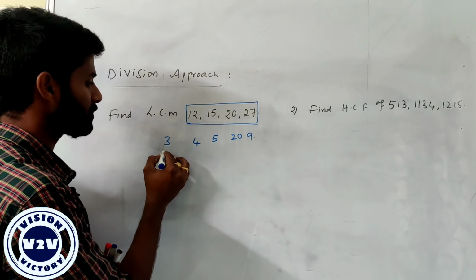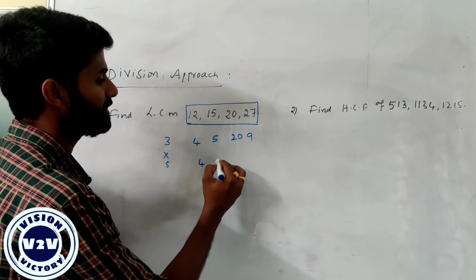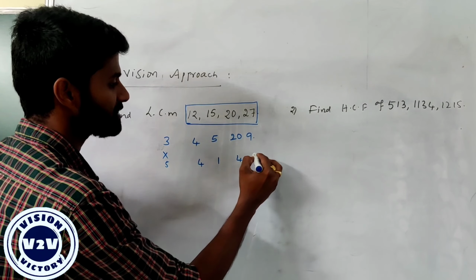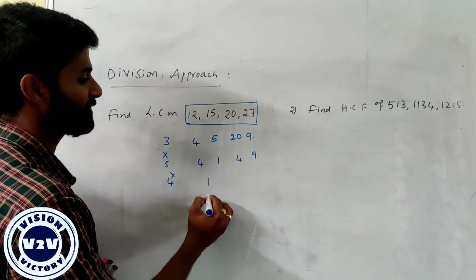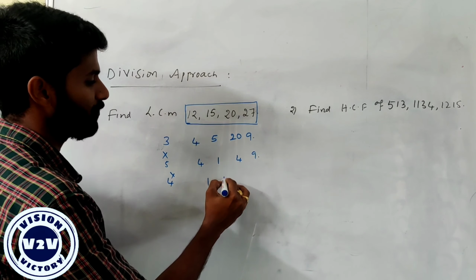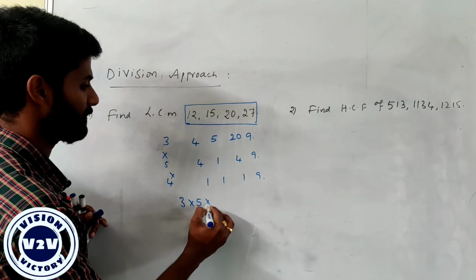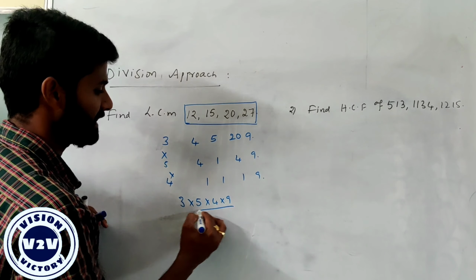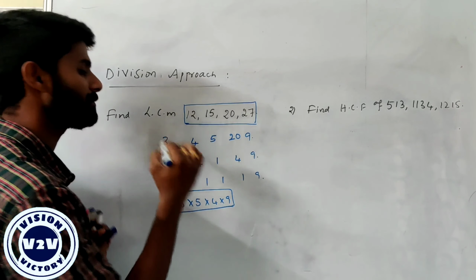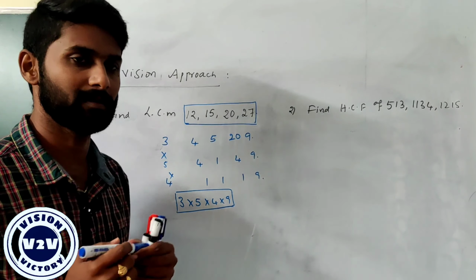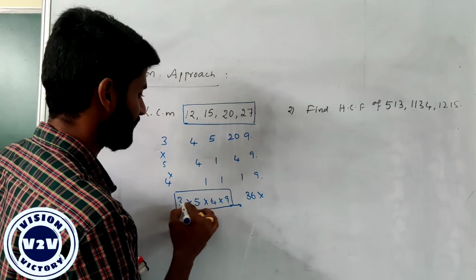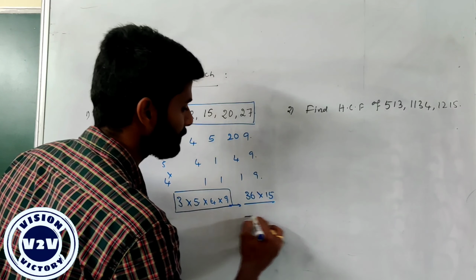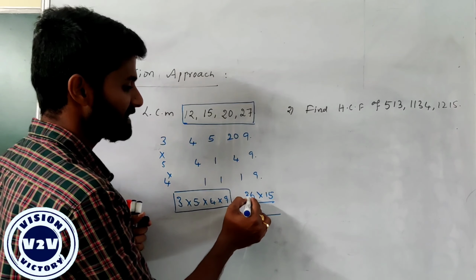Again if you go with the multiples of 5, see 4 is common, 5 ones are 5, 5 fours are 20, and 9 is common. If you go with 4 here, we get 1, 1, 1 and 9 is common. So whatever the remaining numbers, 3 into 5 into 4 into 9, it decides the LCM, the least common multiple of all these numbers. See, 9 fours are 36, 5 threes are 15. If any number is multiplied with 15, 36 tens are